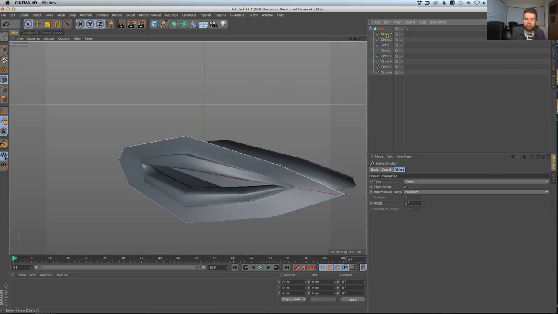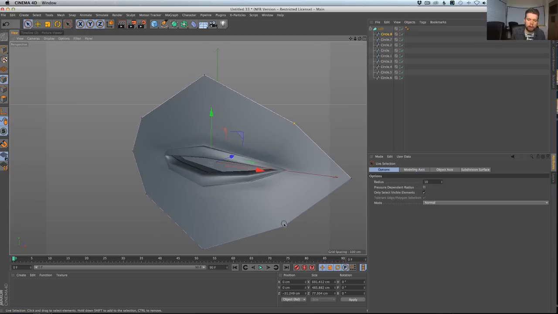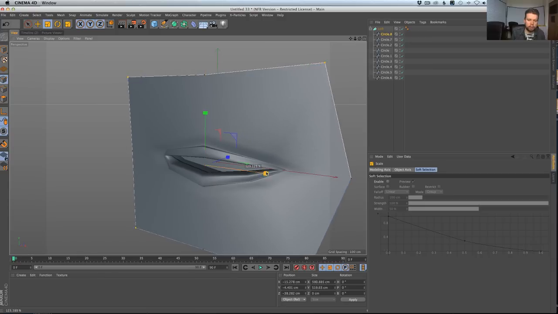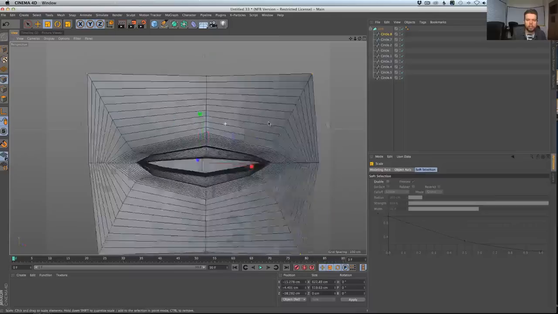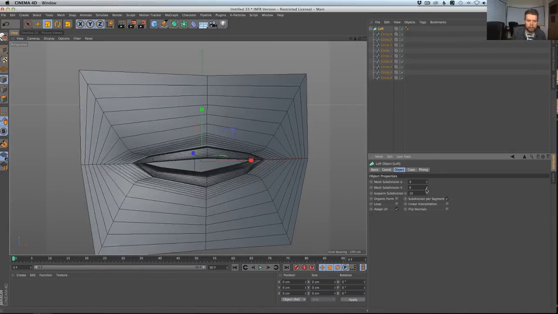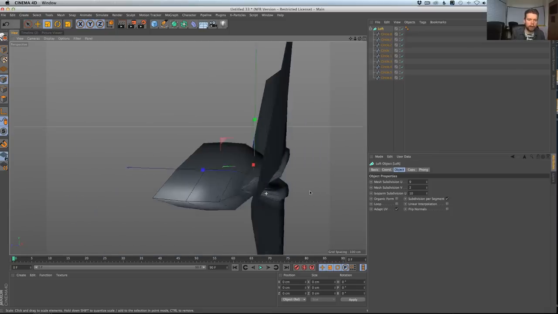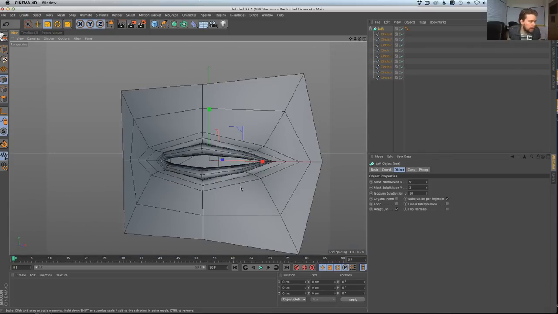So even when it comes to that big old face, if I grab this outermost spline, duplicate it one more time, scale it way out, and then maybe even here I would grab these 4 points, and when I was making that, I kind of squared this out, so now you get that kind of nice mouth shape here. Now the best part about this is if I go to my mesh, you see it's actually very clean and even. If I go to my loft, in fact, and start dropping the number of subdivisions, we can actually see we have an incredibly clean, very controllable mesh here. So we've really quickly just made a mouth. Not the correct number of points, not the correct number of anything, but we've quickly made a mouth.